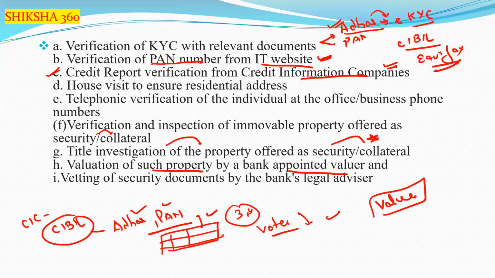say of rupees 60 lakh, we check whether that property has that much value or not. So we have to take the valuation by the appointed valuer. Next is vetting of security documents by the bank legal advisor. We have to verify all the documents through our bank legal advisor,